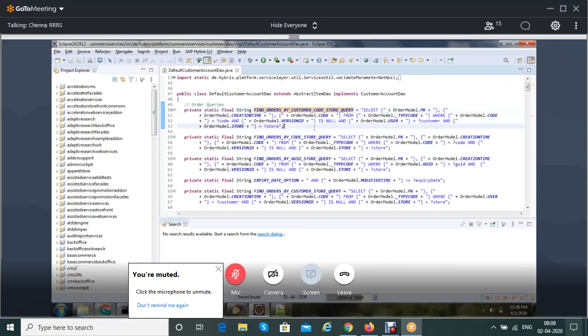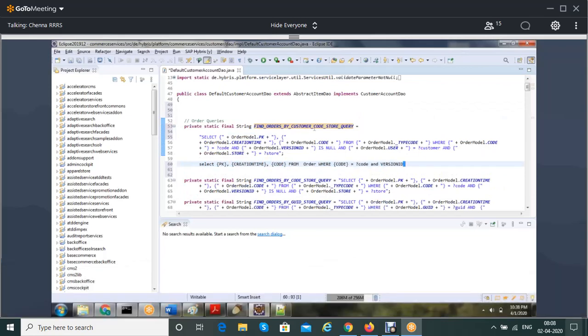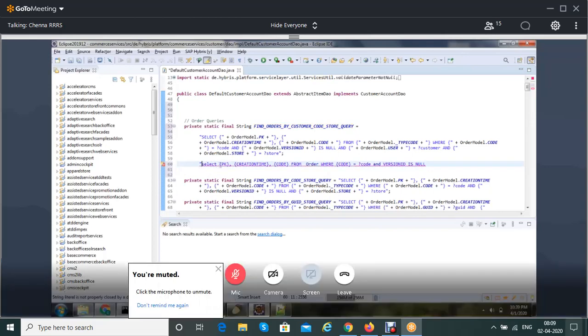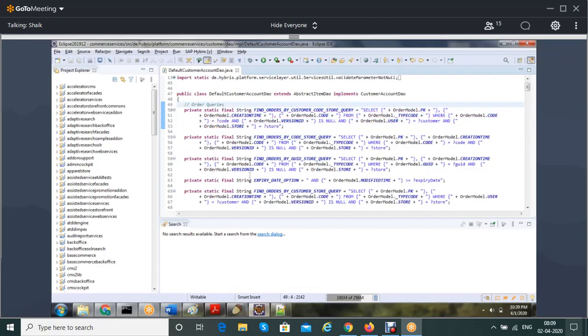That's why, if you see in the explanation, I said this is equivalent to what we have written in the HAC. This is what we have written in the HAC. So you cannot simply write like this. This query you need to put in brackets. If you put it in brackets, then you will lose this feature. So to not lose this feature, you need to end this and append all those things with the double quotes. That is the only difference.